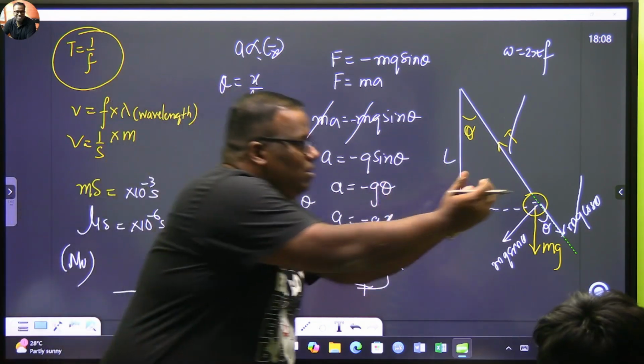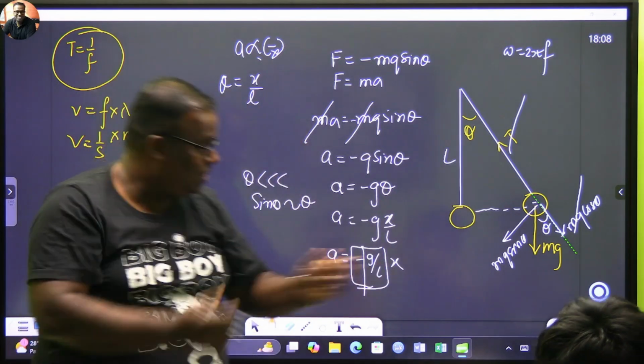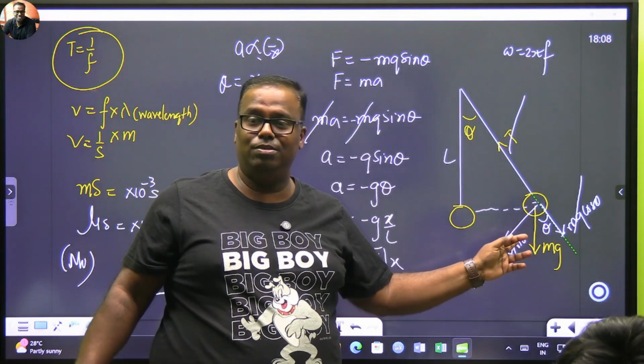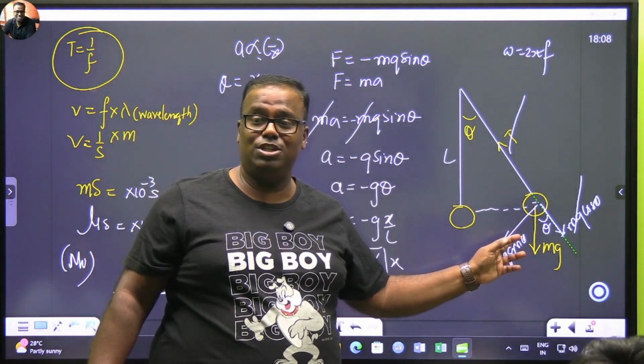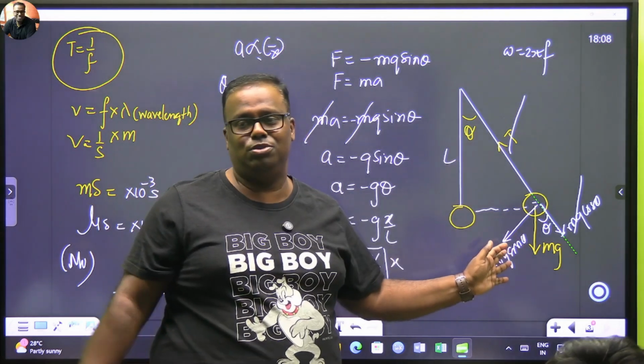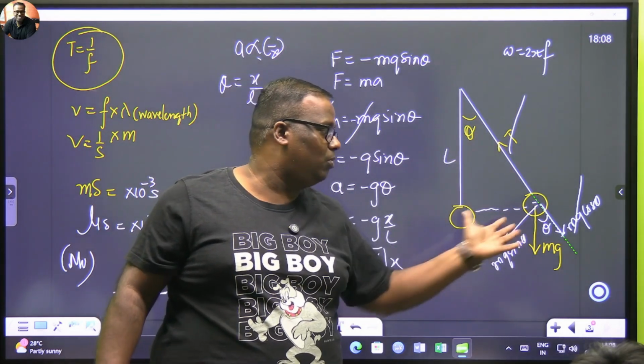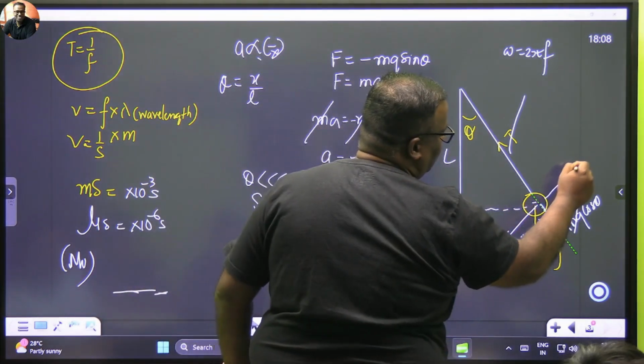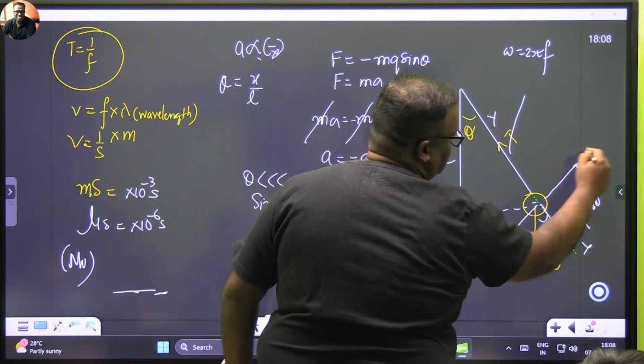Otherwise, why is the pendulum coming back? Someone is bringing it back, right? This force is bringing it back. So when your teacher draws mg sin theta in grade 11, they will not have that much time to teach you so much basic. At that time you should understand, okay, he has resolved it. And when they have resolved it, then we resolve it into what? This is our y-axis, this is our x-axis.